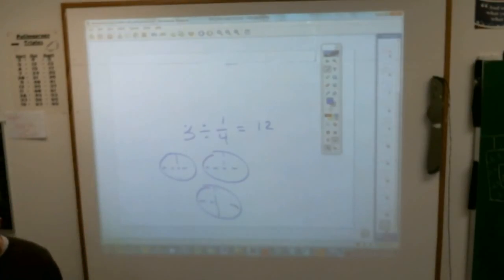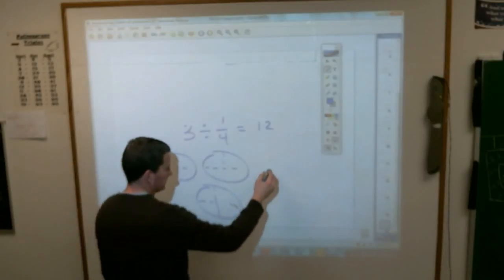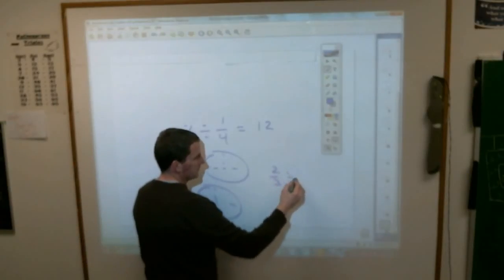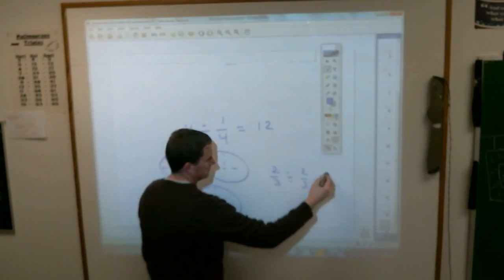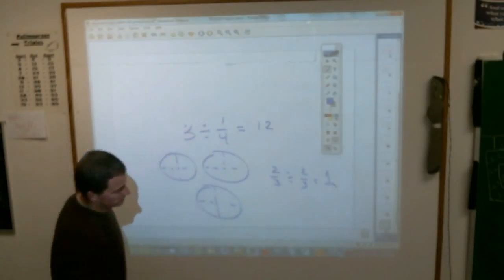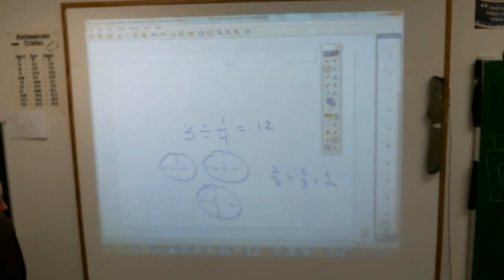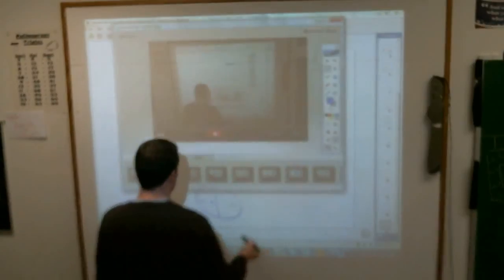Not bad. One more. How about 2/3 divided by 2/3? How many 2/3 can you get out of 2/3? 1. That'd be perfect. Carter and W, did you have a